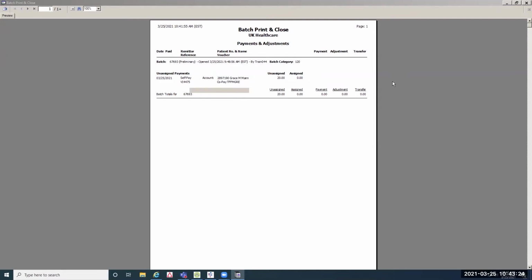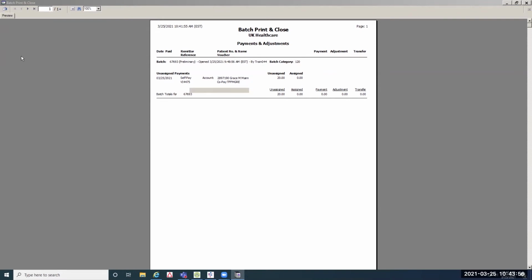It really means nothing for us, okay? And then if you took any check or money orders, you'll have your payments listed here. And then if you took any credit or debit, you'll have those payments listed. And then at the very bottom, you have your batch totals, and this unassigned amount right here is the grand total of your deposit. If all of that matches, I would go right here and print that,